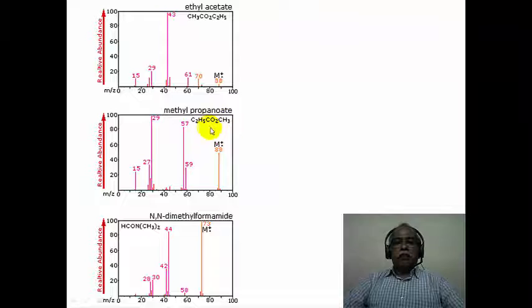This is methyl propionate. Methyl propionate can essentially undergo fragmentation to give 57 and 29 by the loss of methyl group and a loss of the ethoxy group. Essentially 31 loss is what is going to give this particular peak. 57 is coming from the loss of the methoxy group, for example, and the loss of ethyl group is what is going to give the 29 fragment in this particular case.